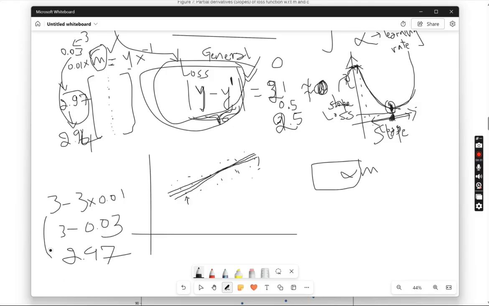This will be your next slope. Again you will multiply and subtract: 2.97 into 0.01. This way you will keep on decreasing the m value until you get the